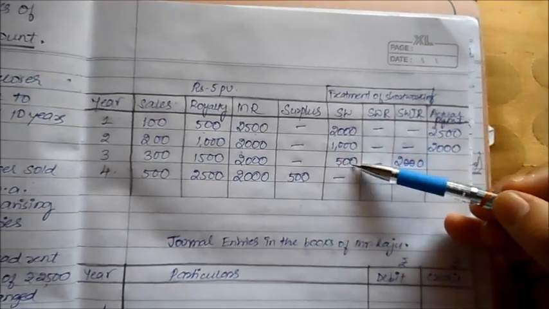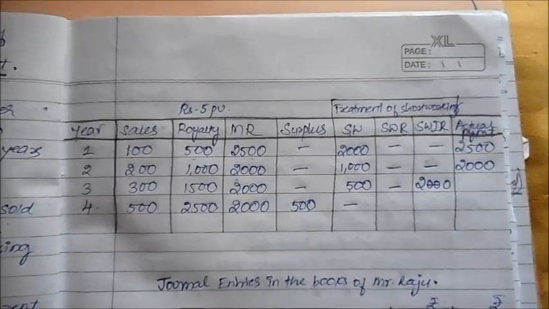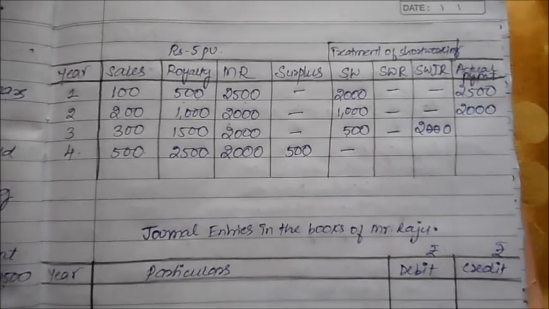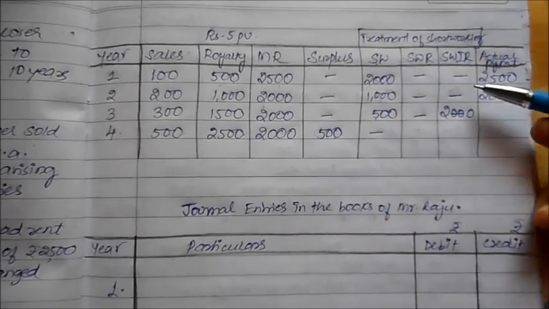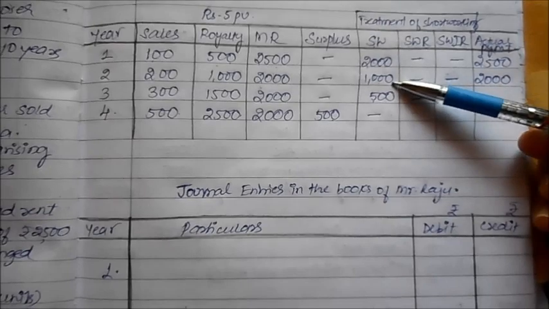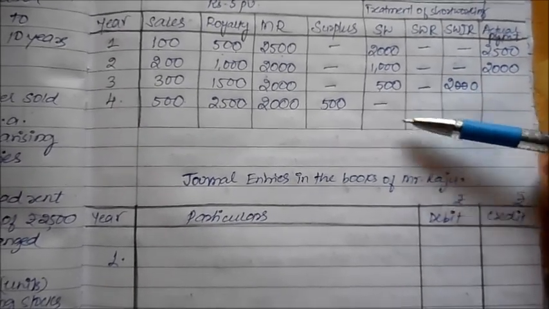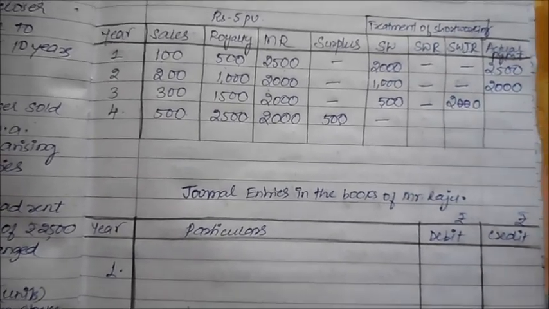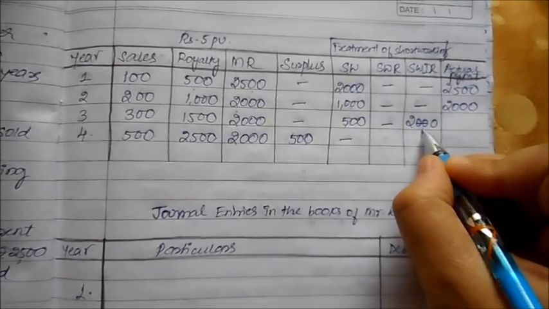First one in the next two till here. This one again in the next two. Okay, so that's how it is expected to happen. So keeping this in mind, what we've understood so far is that the question has told you that whatever surplus you have got, you will be capable of recovering only in the next 2 years. So the first can be recovered only in the second and third, the second can be recovered only in the third and fourth, the third only in the fourth and fifth, and so on. So here, because we are saying the first one is not recoverable till here, we will write 2000.